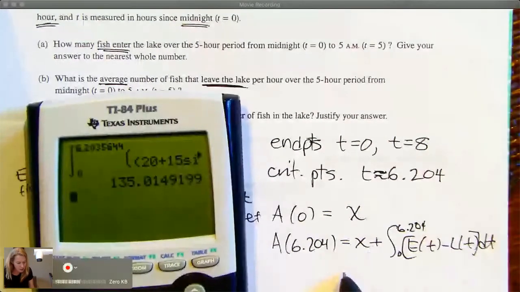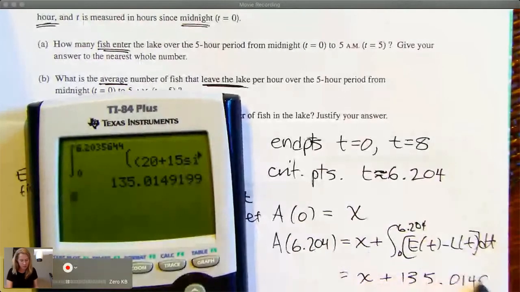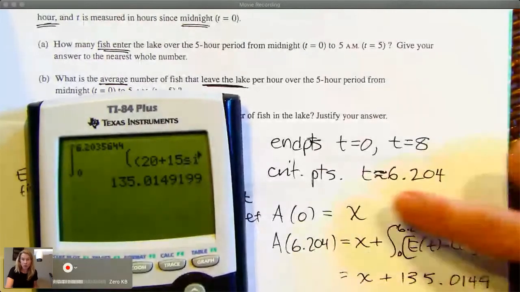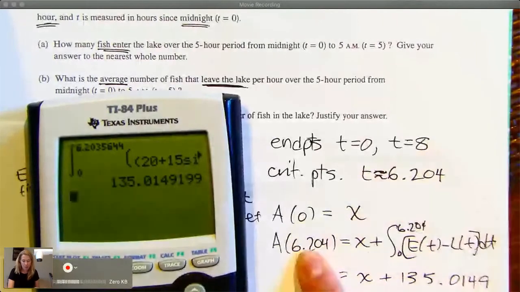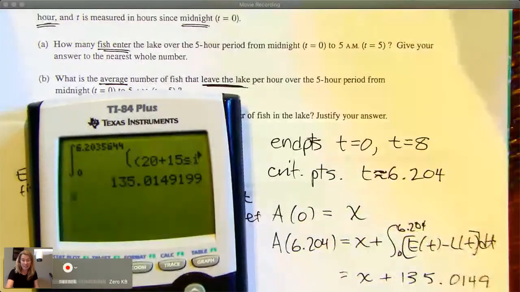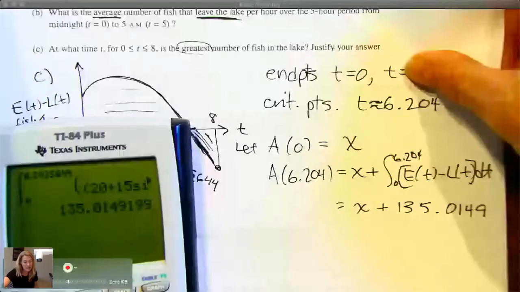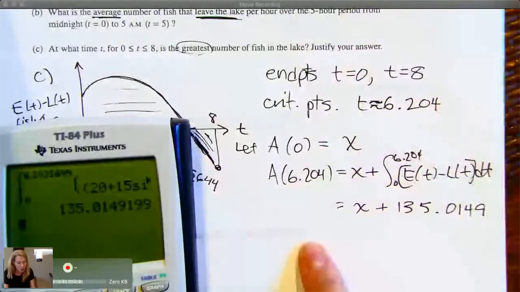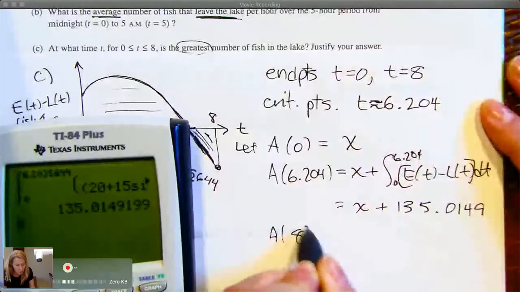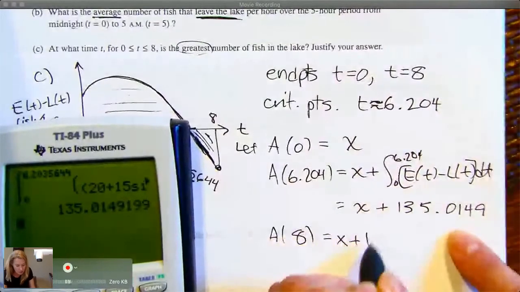So this is x plus 135.0149, let's call it. So at time 6.204, I have a little bit more than 135 more fish than I did at time 0. Do I know exactly how many fish? No, because I wasn't given exactly how many fish at time 0. And now I can do A of 8, which would be this plus this,